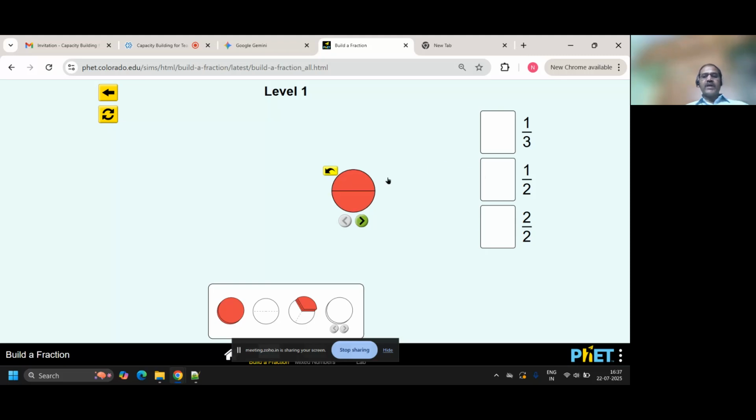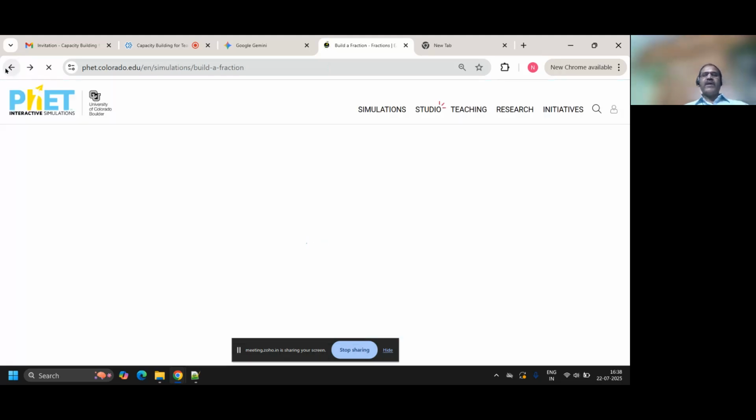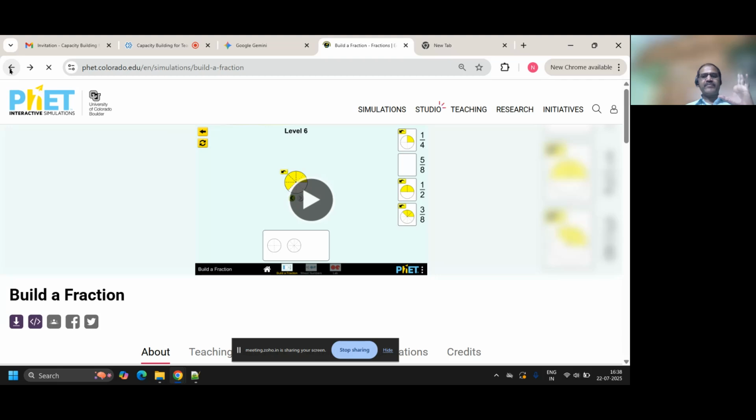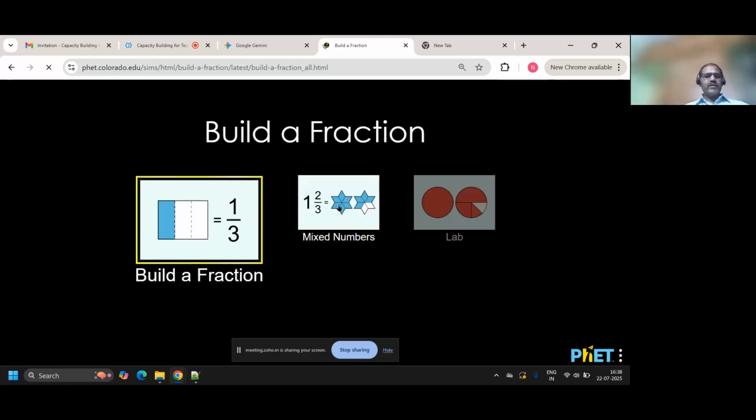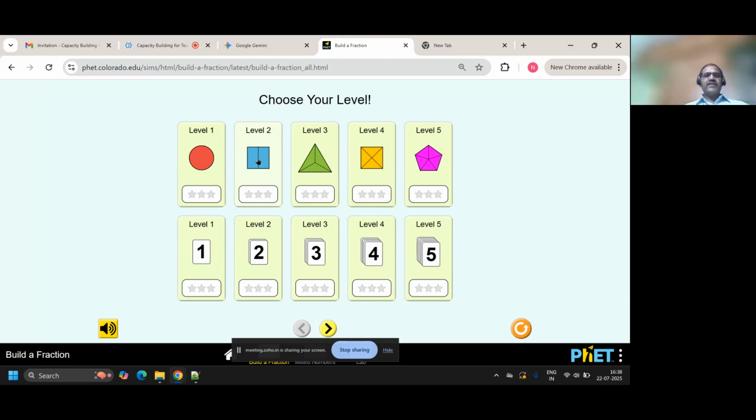So it is up to us. Suppose I do this, 2 pieces by 2 pieces. Now I say 3 pieces by 3 pieces, right? This is 1/2. This is the way you keep engaging the students. I will show you one more thing. All it needs is 5 minutes of preparation. That's all. Now I took level 1. Let us take level 2.